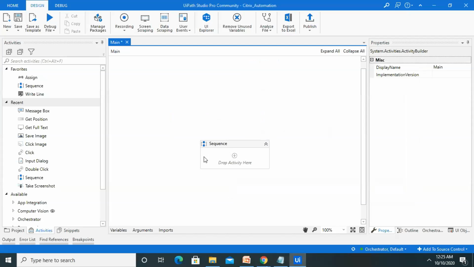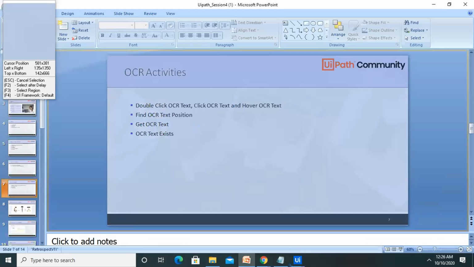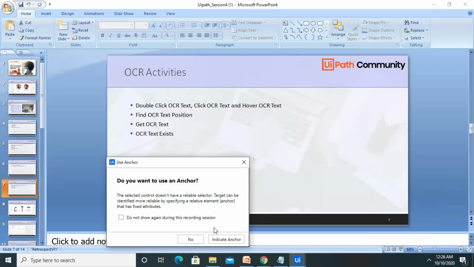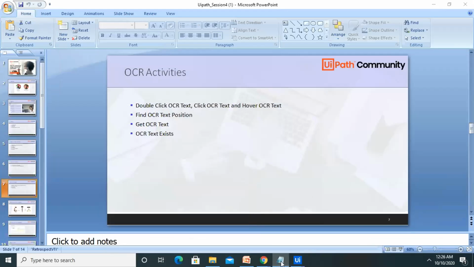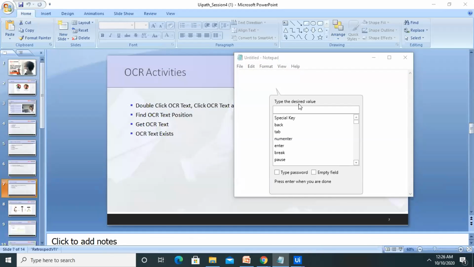So let me minimize this, and again go to native and Citrix, record the wizard, where we have to select our notepad tool. I don't want to use the anchor tab, where we have to just single click on this and type.